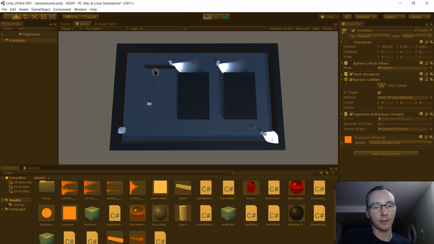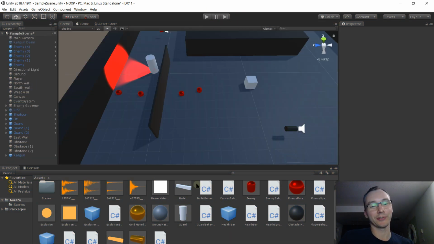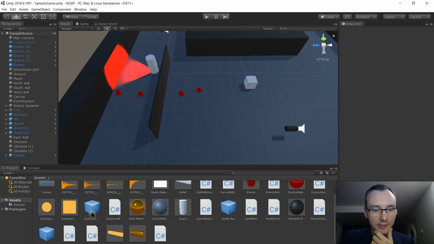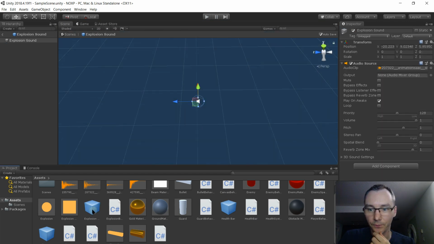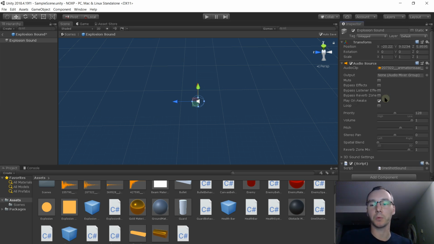The problem we're about to fix is that in our hierarchy now, we got a lot of explosion sounds, and they're only going to get more and more. So those objects, they're finished playing, but they're sticking around. We didn't tell them to ever destroy themselves. So we actually need this explosion sound. Let's add a component. We're going to write a new script for this, a really simple script. I'm just going to call it one shot sound, a sound that plays once. And all that script is going to do